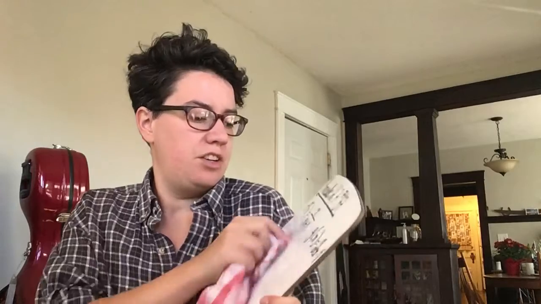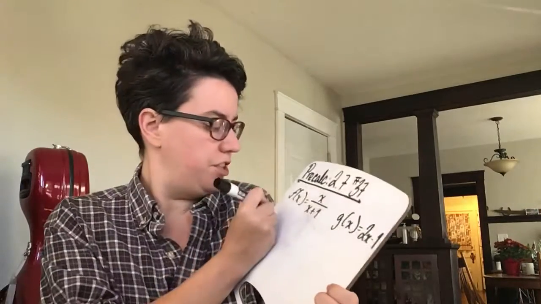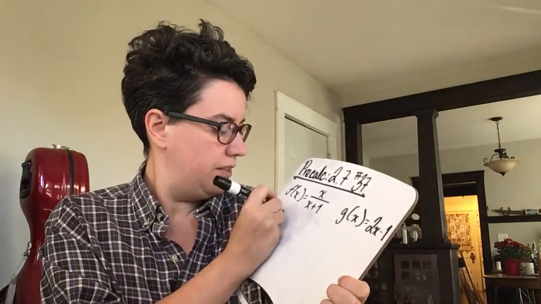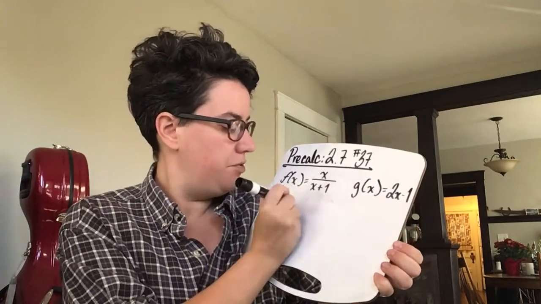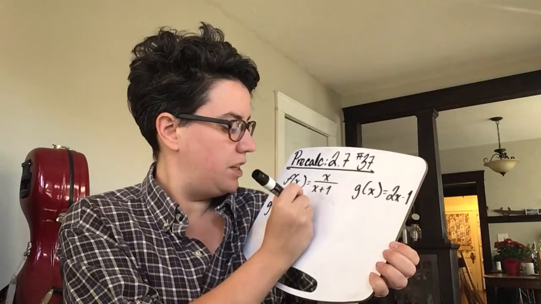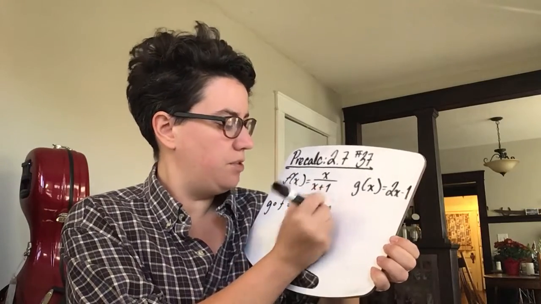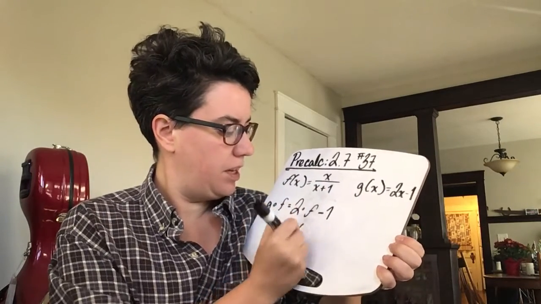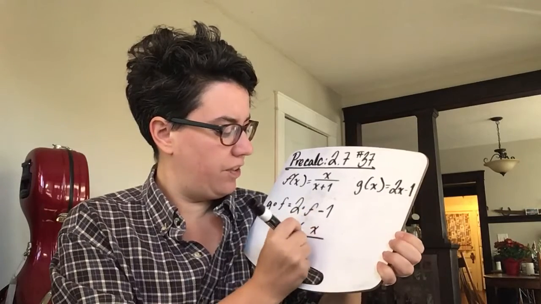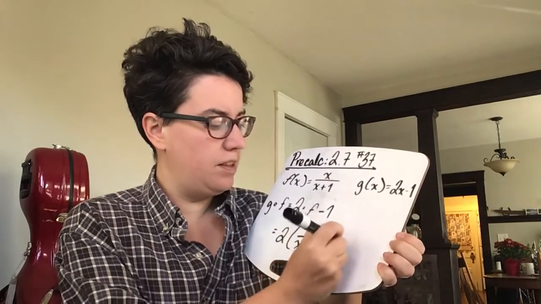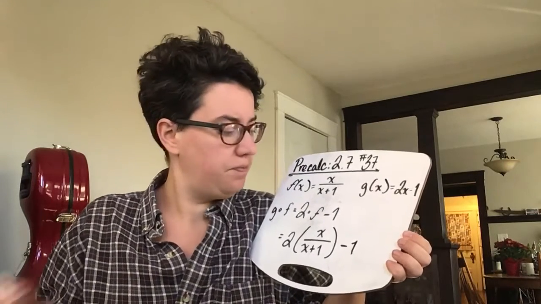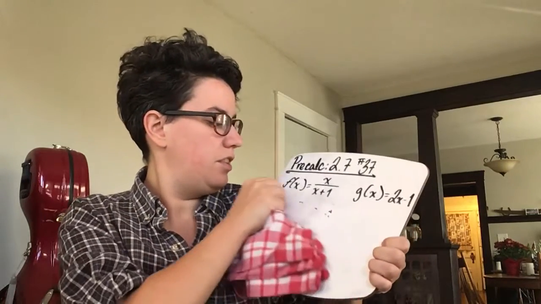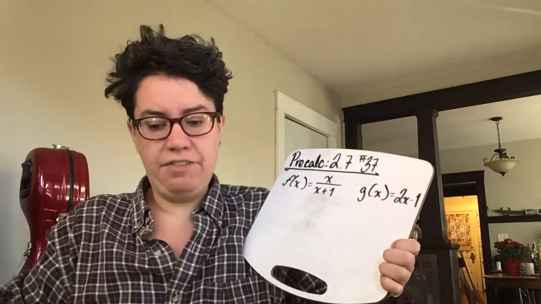Now if we go and we look at g of f, which is the next one, that means that we're going to take f and plug it into g. So 2 times f minus 1, which is 2 times x over x plus 1 minus 1. And I'll let you simplify from there. The next one is f of f,